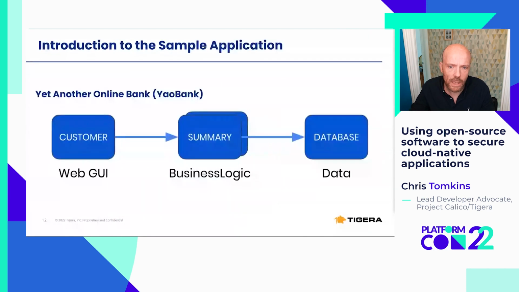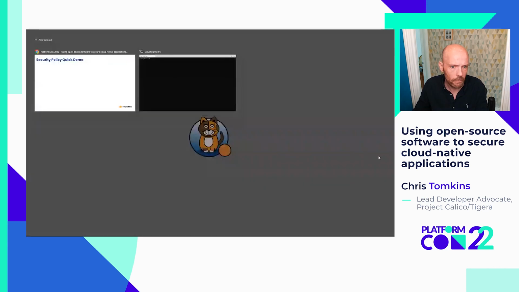Okay, that's all I have time for, so I'm going to do a quick demo. We're going to build a 3-tier application with a web GUI, some business logic and data. It's called Yet Another Online Bank. Now this is a really quick version of this demo, so if you'd like to see a more complete version that takes a lot longer to dive into the points, please go to our documentation and you can find a version of this demo alongside some really cool free courses which can help you with understanding CNIs and network policy. So with that said,